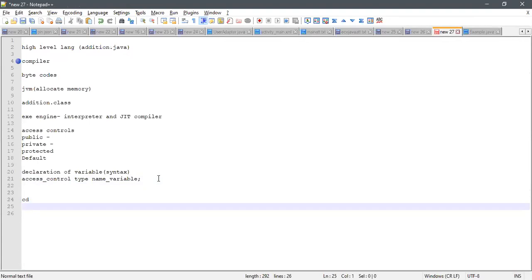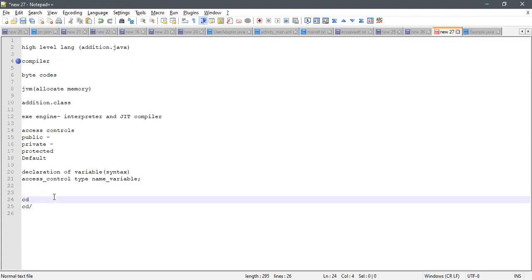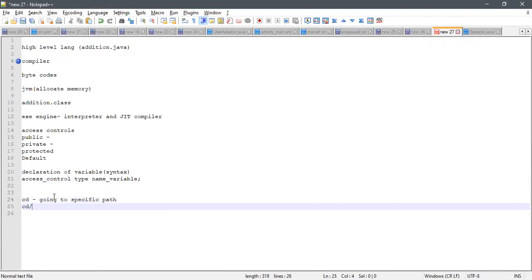If you want to go back to the root directory, use cd forward slash. This is for going to the root directory.